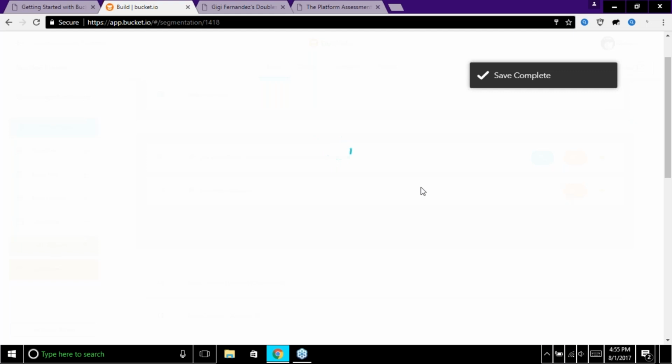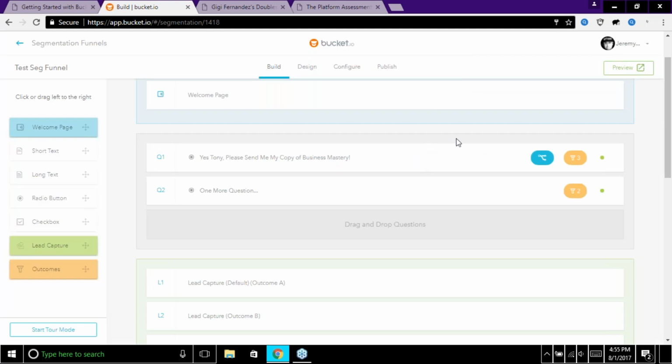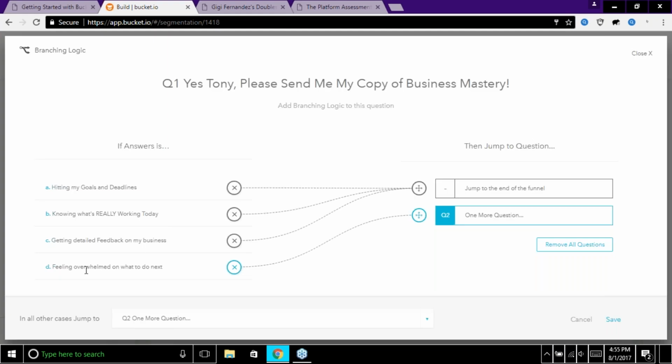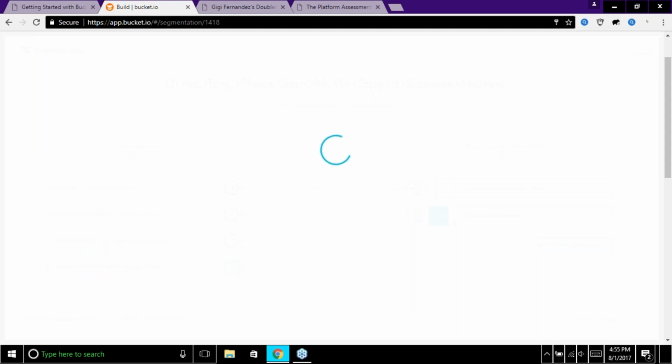So if you have a question that needs to have deeper detail, you'll use what's called branching logic. And so what you'll do is you'll come over here and you'll click this little blue branch, and then you'll say, if somebody clicks option D, I'm going to send them to another question. But everyone else, I'm just going to send them to another part of the funnel. In this case, the end of the funnel, because there's only the one question, right? So then I'm going to save this,